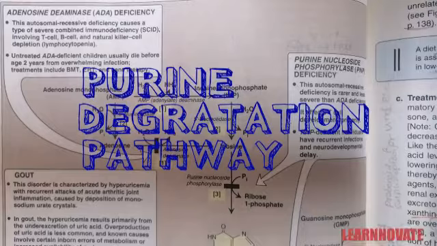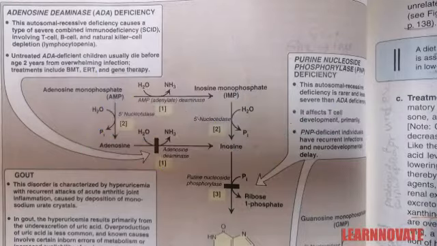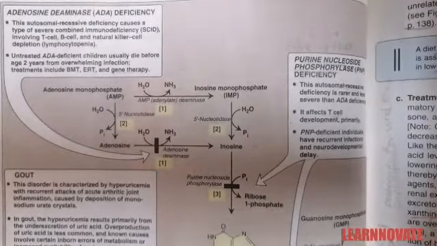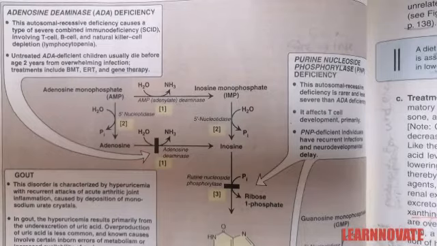In this video, we are going to discuss the degradation of purine nucleotide. The purine nucleotide is synthesized in the liver, and we have just discussed the whole cycle of purine nucleotide synthesis, and then that nucleotide is salvaged to be reused again. We have also discussed the salvage pathway of purine nucleotide. If you have not watched the previous videos, go and watch them on our channel.